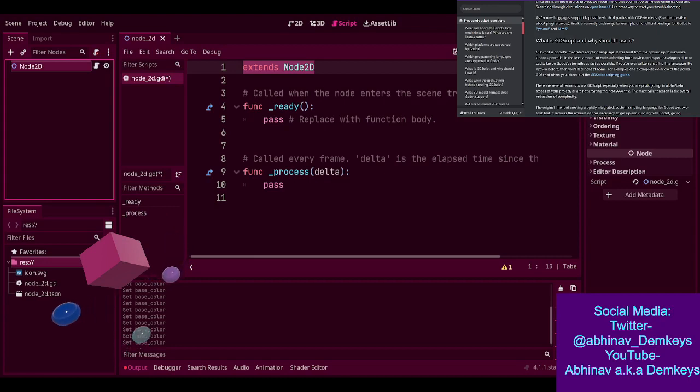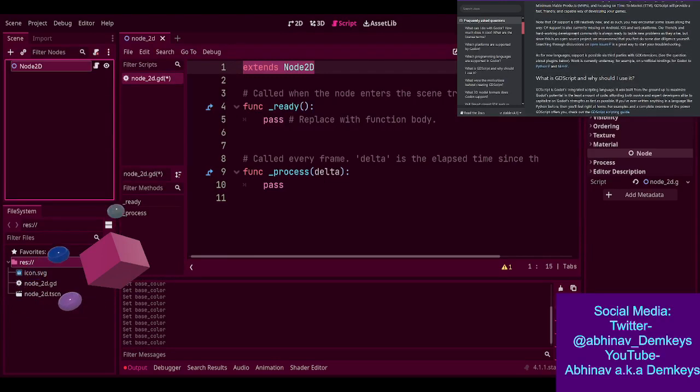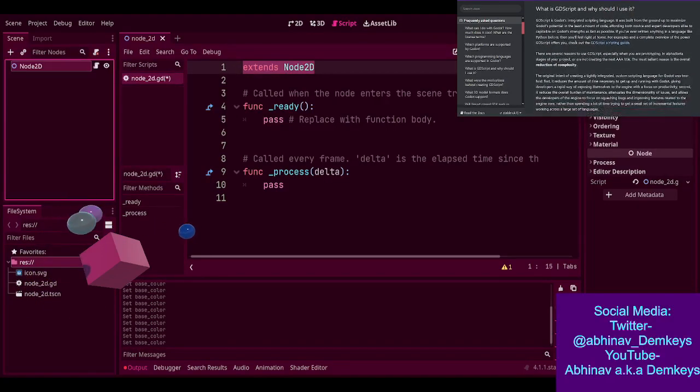What did the documentation say? As for new languages, support is possible via third parties with GD extensions. Work is currently underway, for example, on unofficial bindings for Godot to Python and Nim. Okay, so let's read this. What is GDScript and why should I use it? GDScript is Godot's integrated scripting language. It is built from the ground up to maximize Godot's potential in the least amount of code,